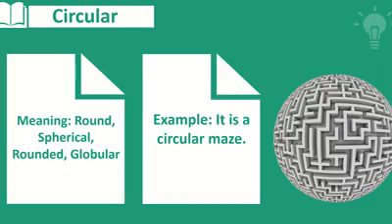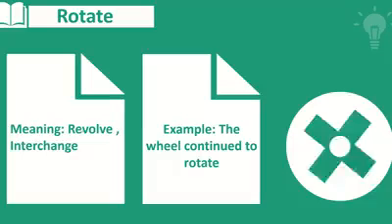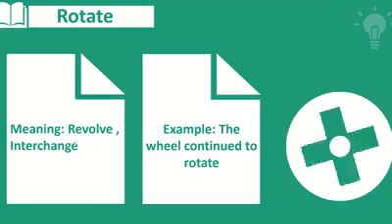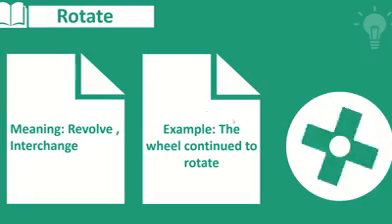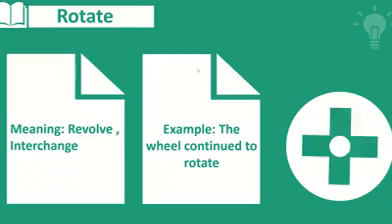Our first vocabulary is circular. It means round, spherical, rounded, global. In Bangla meaning golakar. Here we find a shape of a circular. For example, it is a circular maze. Next vocabulary is rotate. Means revolve or interchange. For example, here we find the wheel continues to rotate. In Bangla meaning